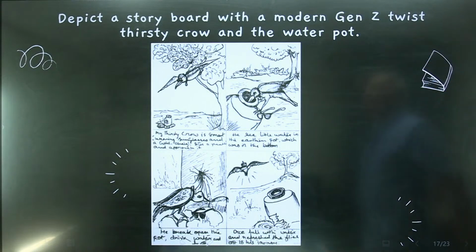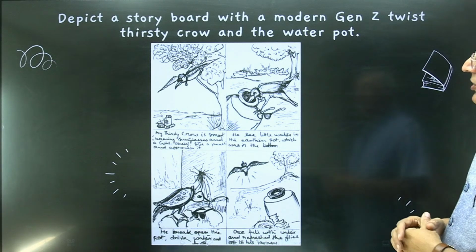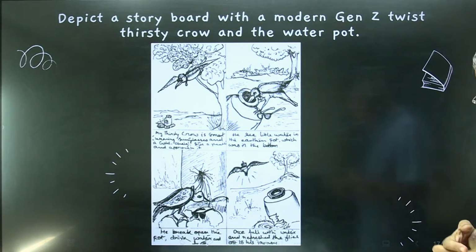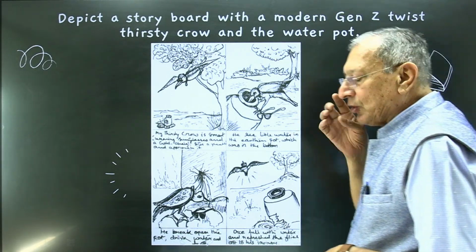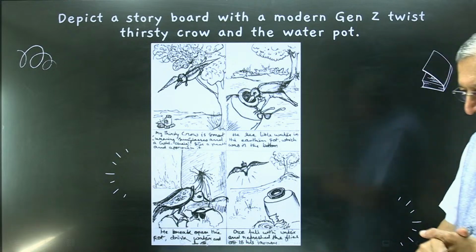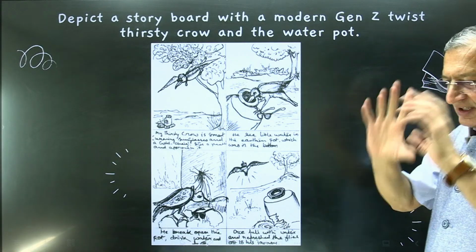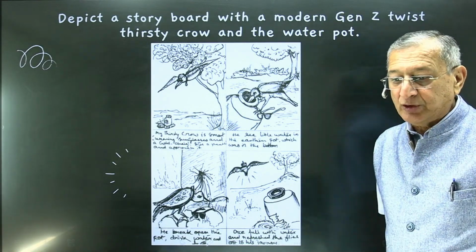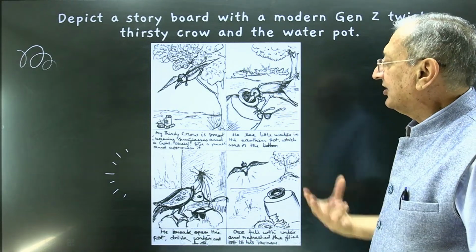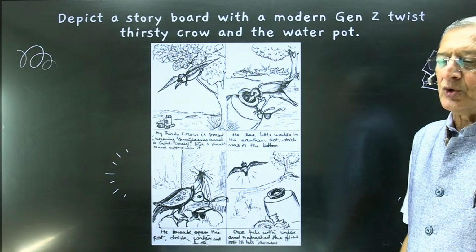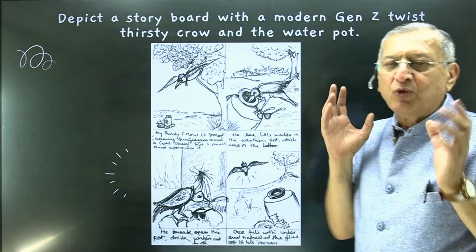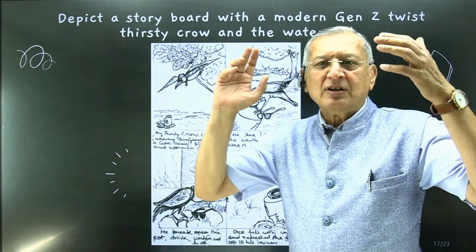Depict a storyboard with a modern gen, this thirsty crow and the water pot. We all know, I mean, actually, this is also one of our practice sessions. They give you some other topic, they at times give you words to be used in your story. In the practice session, I suggest my students that whatever childhood story you remember, you convert it as per your